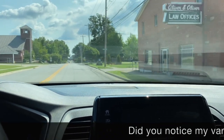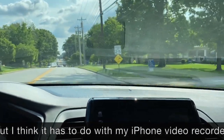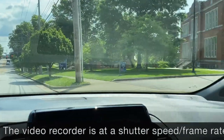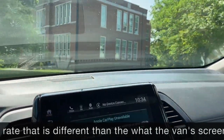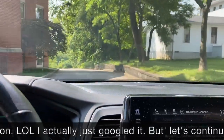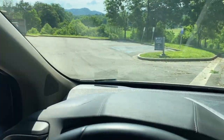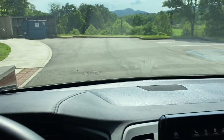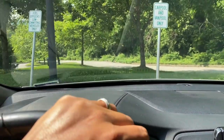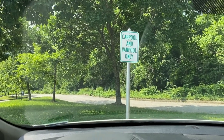Okay, so we're essentially here. I always park in the back here. This is Nap Hall. I never get a parking spot where I'm parking here, because I never get into the office early enough. I swear most people I work with are early birds, and I am a night owl. So this is where I park,